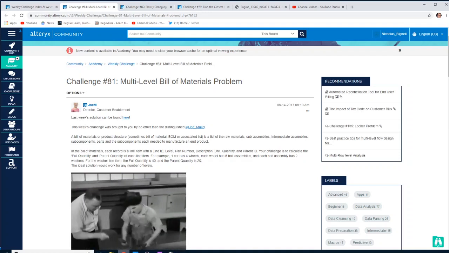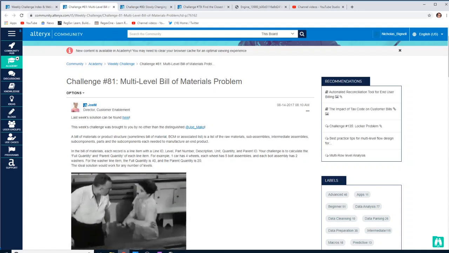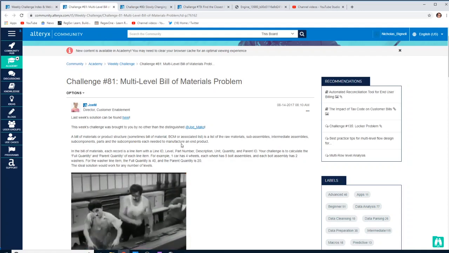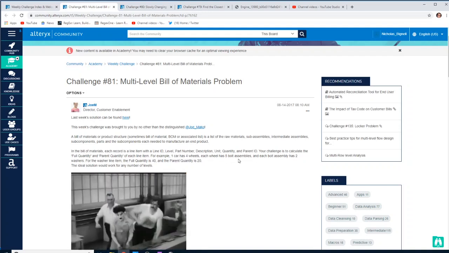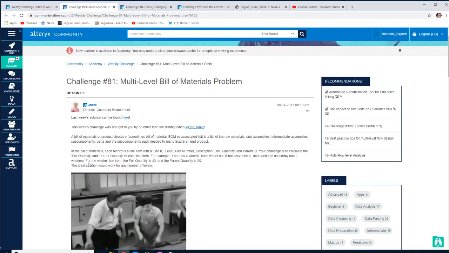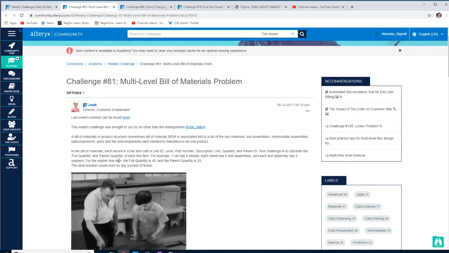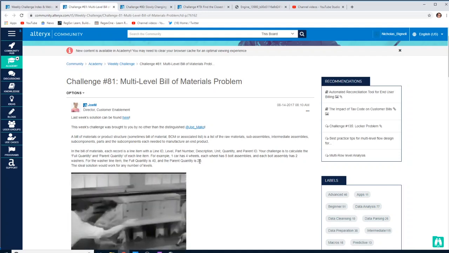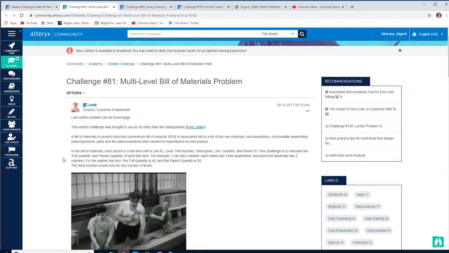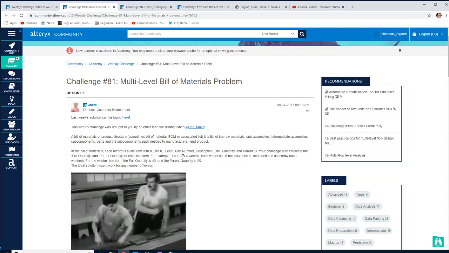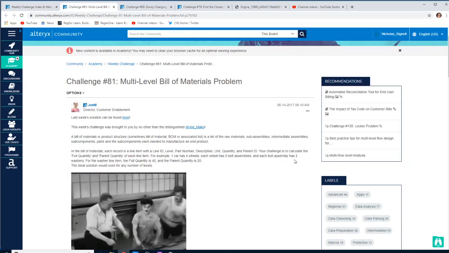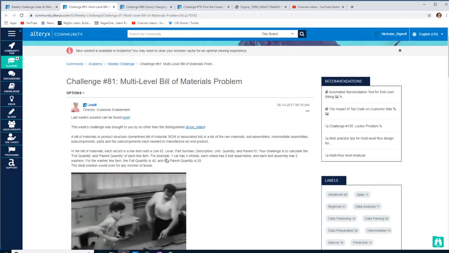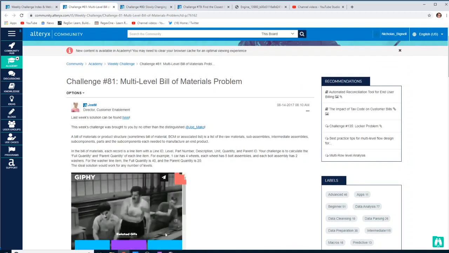Basically we have an example of some materials. I think it happens to be a car that we're looking at. For example, a car has 4 wheels, each wheel has 5 bolts and each bolt has 2 washers. For the washer item, the full quantity is 40 and the parent quantity is 20. So for washers, because it's 4 times 5 times 2, I think we need to be looking at each level as we go through. Let's have a look at the